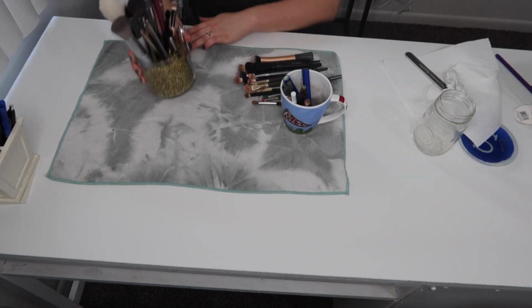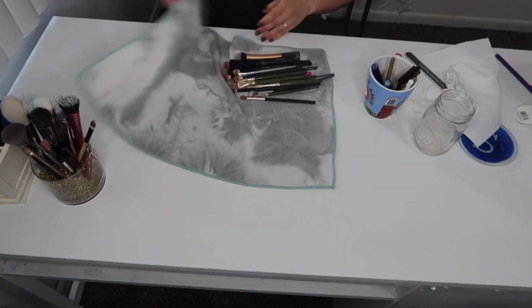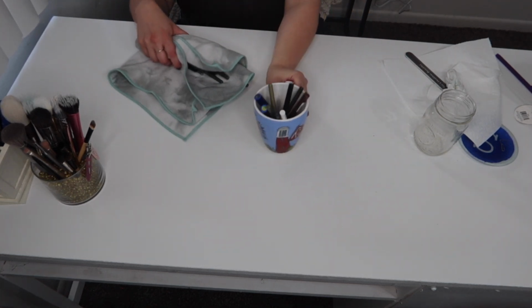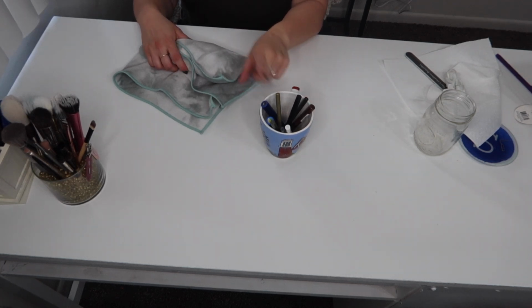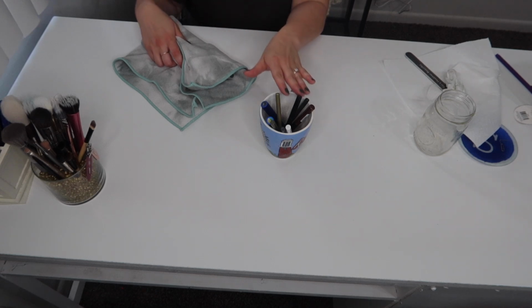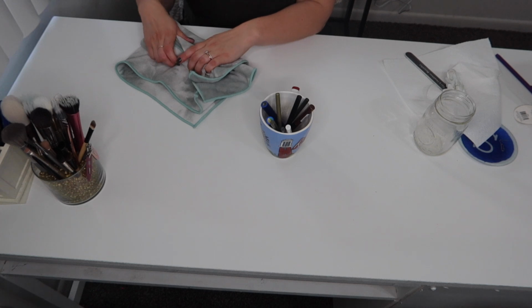Okay, so clean brushes are done. Dirty brushes are out. I've got lots of brushes to wash today. And then these are all my eyeliners in this mug. I'm actually gonna leave them in here for now because I'm gonna be reorganizing my makeup drawers, and I might have a spot for these after that happens. So I'm just gonna leave them in here for now and see if I can find a spot for them